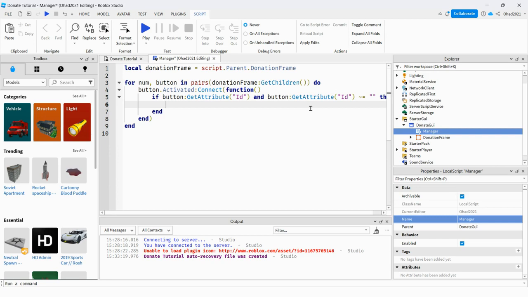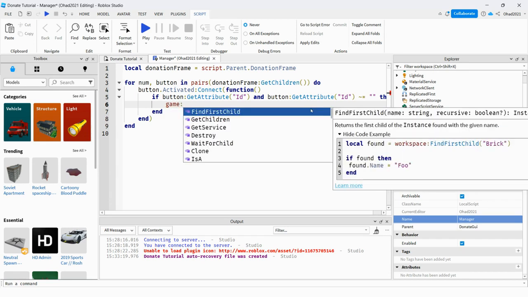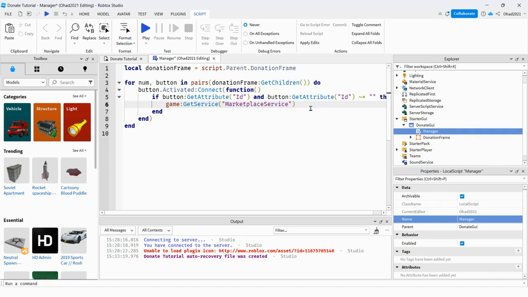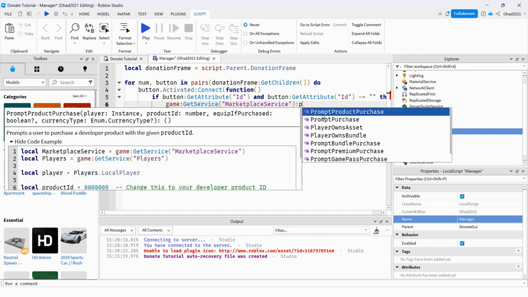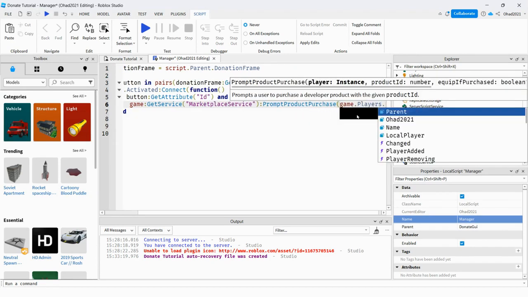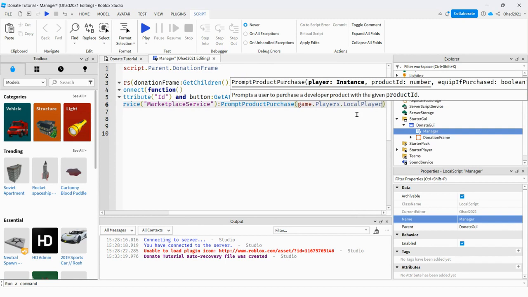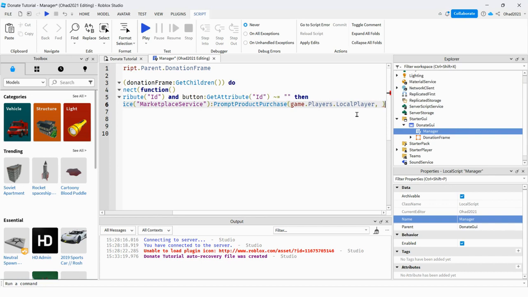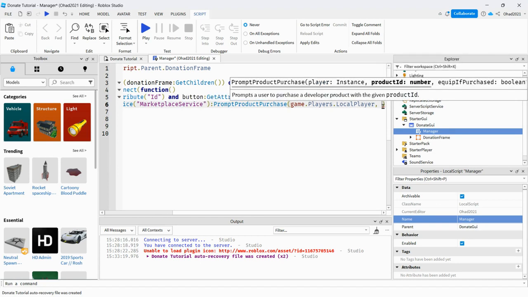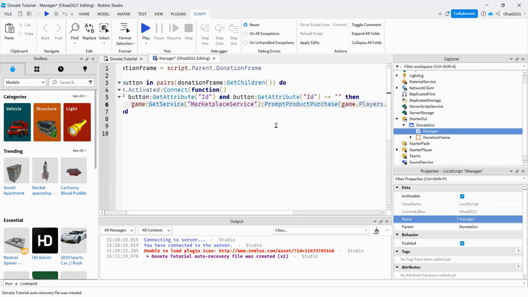make them donate to us, so you can get the MarketplaceService. So game:GetService("MarketplaceService"). It's not gonna be long. And then you just want PromptProductPurchase, and then you want to send the game.Players.LocalPlayer, which is our player, because it's gonna be sending it to our player. And then you just give the ID of the prompt purchase, so you can copy this and then paste it there. Now if you play the game,